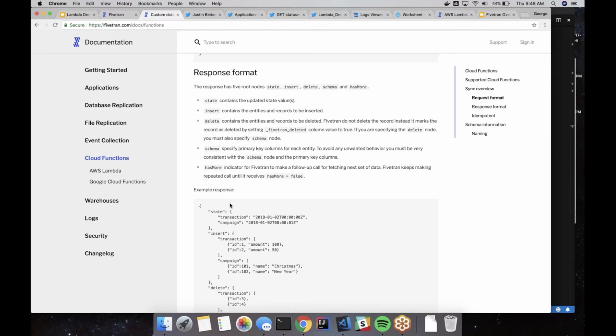Awesome. Would Lambda functions scale automatically based on data volume trends? So Lambda and Google Cloud Functions are fully managed services, and they will auto scale. Fivetran is going to call them serially, so they're generally not going to auto scale very far. You will find that it is surprising how much data you can pump through one